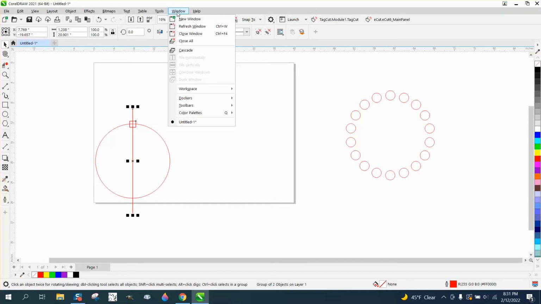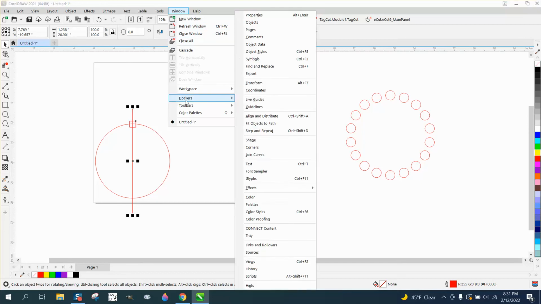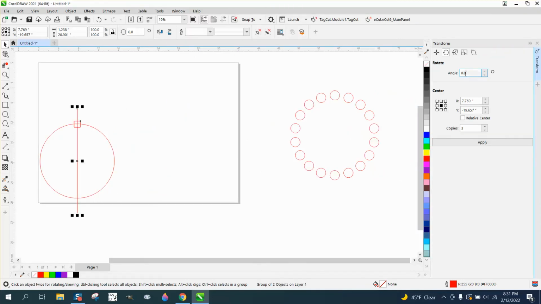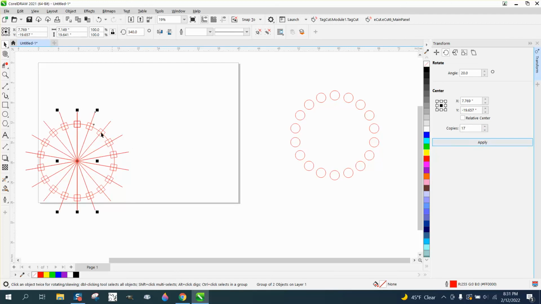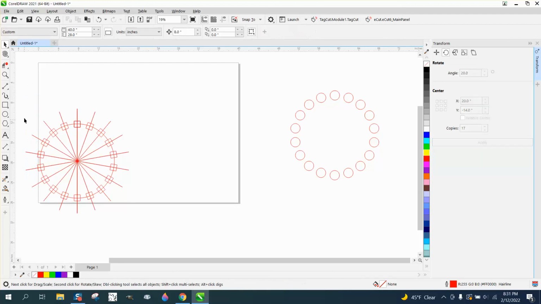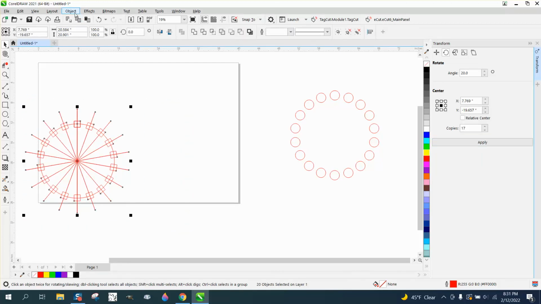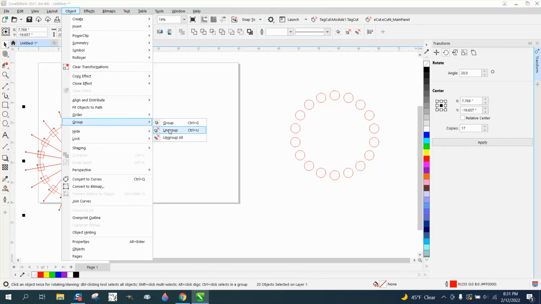This time I'm going to use the rotation knocker under Transformation, and I'm going to rotate it 20 degrees, and I need 17 because I've already got one. Now you've got that, and do the same thing, ungroup them, go to Object, Group, and Ungroup, and